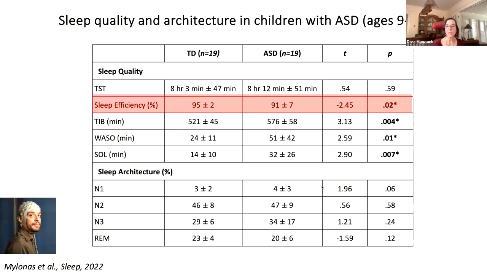But people with autism had worse sleep quality, characterized by reduced sleep efficiency, which is just a ratio of how much time you're in sleep versus how much time you're in bed. They showed much more time in bed to get a similar amount of sleep. They showed increased WASO, or wake time after sleep onset, suggesting increased arousals, and increased latency to sleep onset, as well as a higher percentage of time in non-REM stage 1 sleep, which is